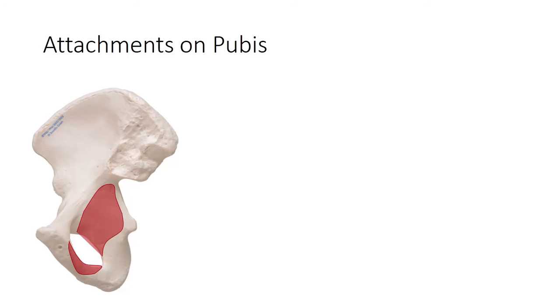In this photograph, there is attachment of obturator internus. This is the whole attachment of obturator internus. This is the attachment on ischiopubic rami. Then there is attachment of levator ani. This is the attachment of levator ani on the pelvic surface of pubis. Then medial to this is the attachment of puboprostatic ligament. So this is puboprostatic ligament.